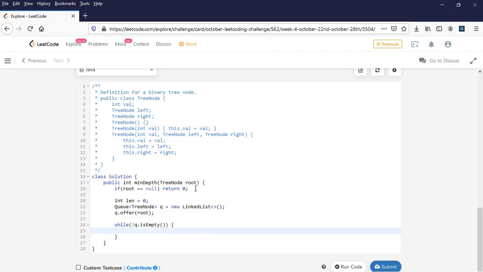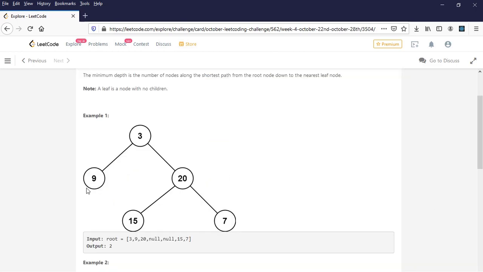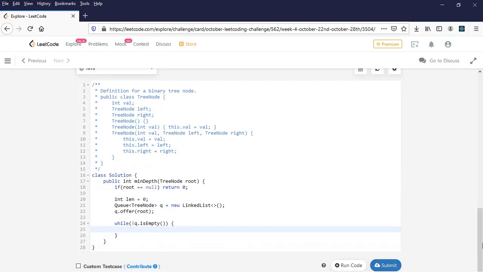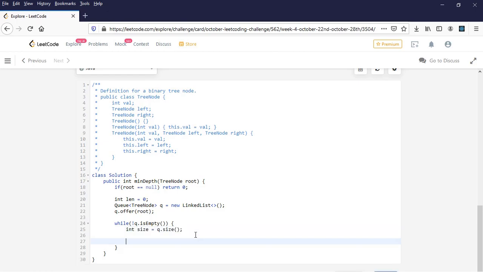Now I need to first traverse over each level in the tree. As soon as I add the child nodes, that is left and right, I need to traverse over all the children in that level. So first I need to see how many elements are there in the queue at that particular time, and I'll only go over those many elements which are in that level.